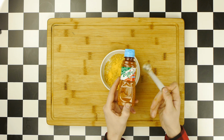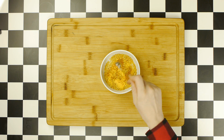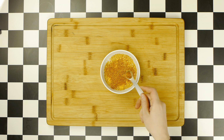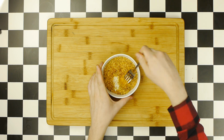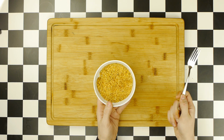Tajín can be used in many ways, be it to season fruit or in the famous beer cocktail called a michelada. In our case, we're gonna add an equal amount of Tajín as we did Flavacol. Last but not least, we're gonna add some freshly cracked black pepper. Now simply mix this all together, and once our zesty seasoning is perfect, it's now time to make some popcorn,